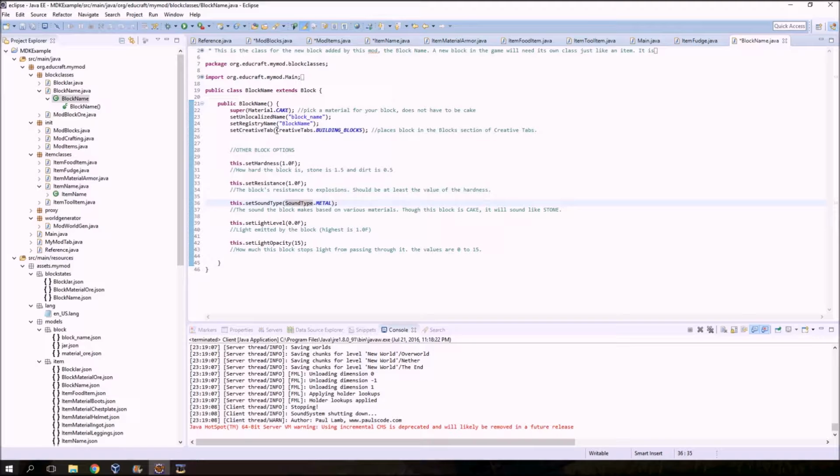In this case, it's pretty similar to the unlocalized names. And then you set creative tabs. In this case, I put it in building blocks. So you find it in building blocks in your creative tabs. Now, one thing that's different than the items is you have